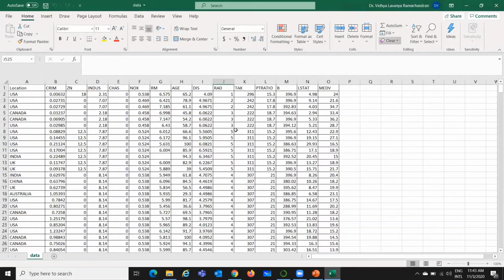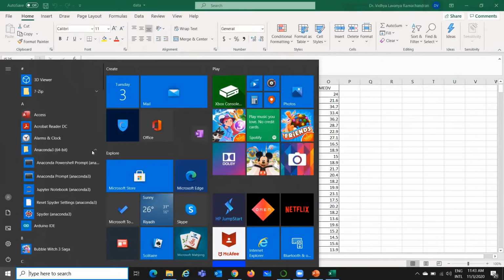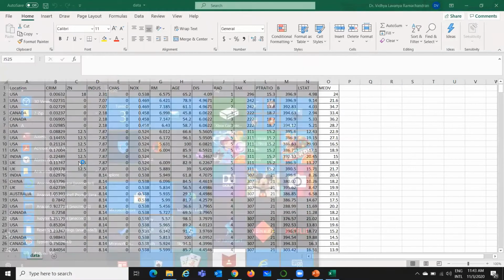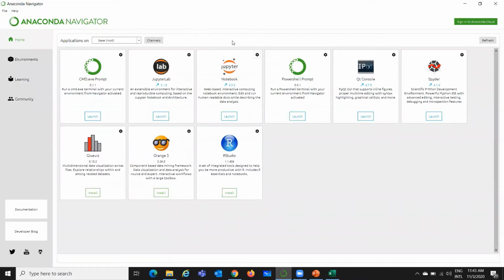Now we will see how to start the simple program. It is very simple. Once you have downloaded Anaconda, you will have Anaconda on your computer. Open Anaconda Navigator. Okay, now my Anaconda has started. You will see different notebooks. I'm putting my code in Jupyter Notebook, but you can also run this in another notebook of your convenience.